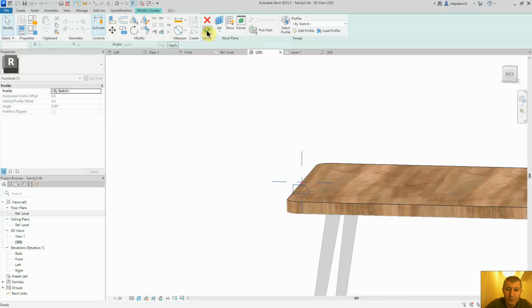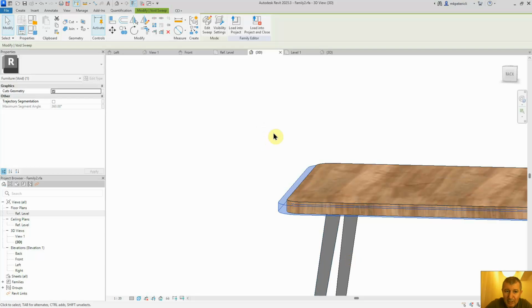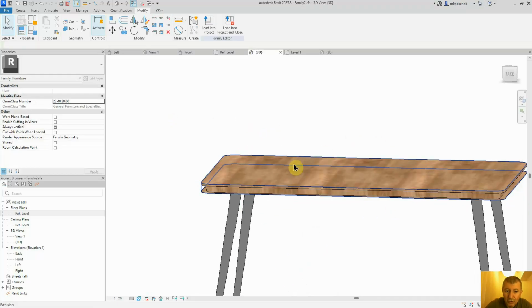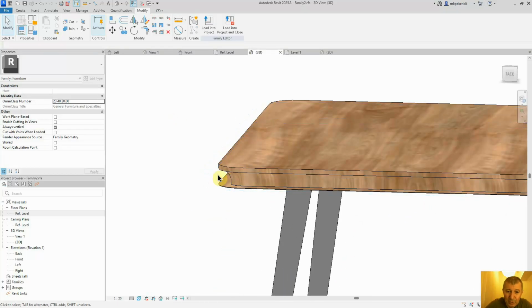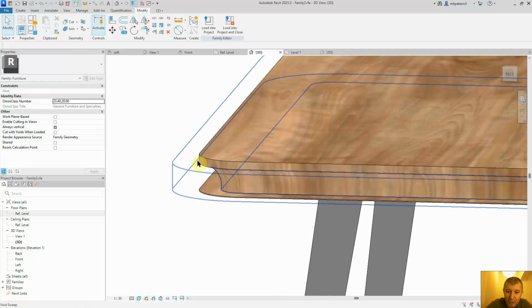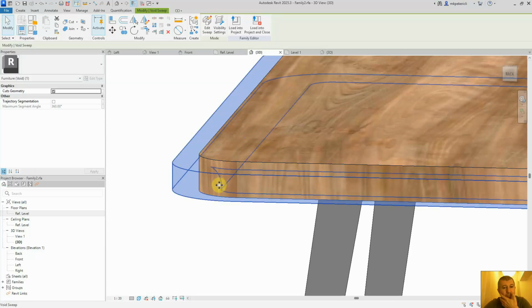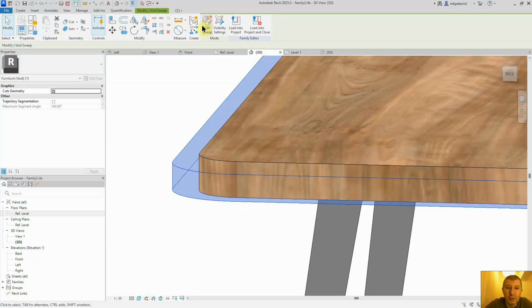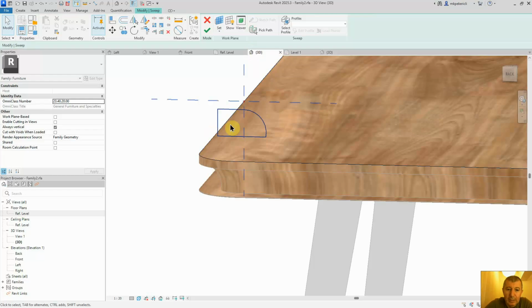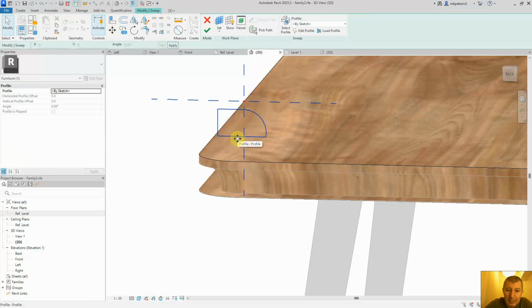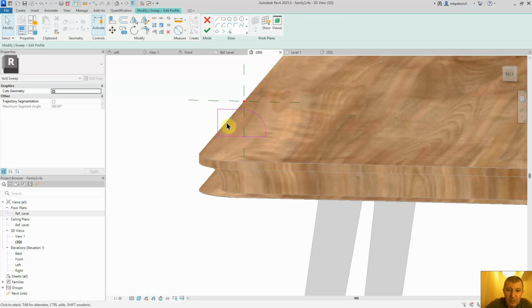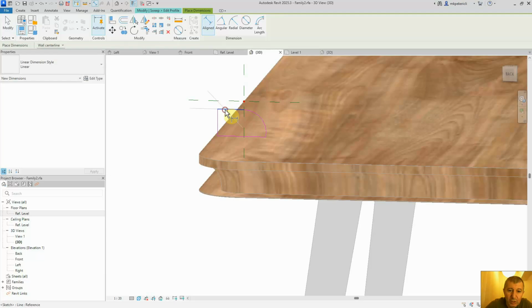Let's finish edit mode. Now we have created a void form. As you can see, the void has already taken a piece of wood. But the problem is that void needs to be, maybe we can put a parameter, edit sweep. Then we can basically edit the profile, and we can put a dimension to,